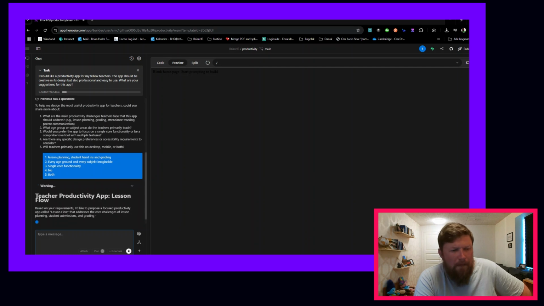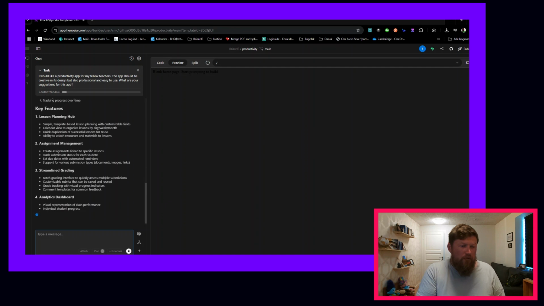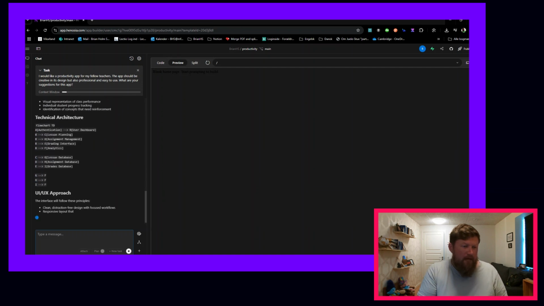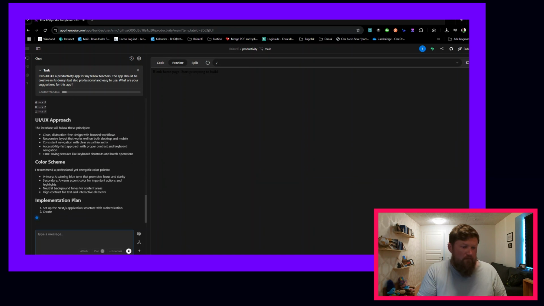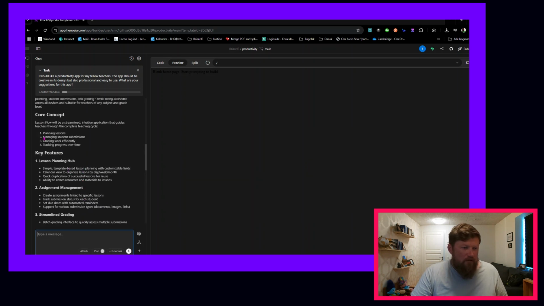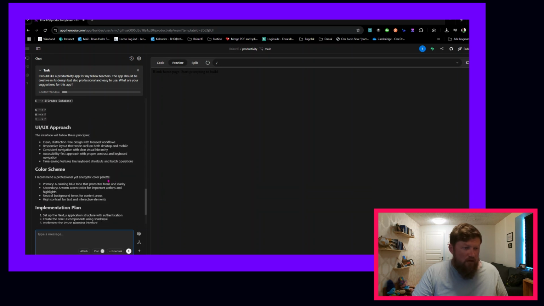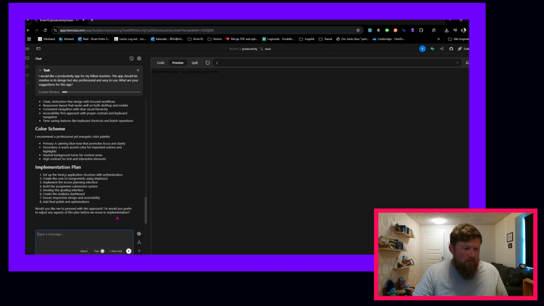What you'll maybe see is now it's telling me what it's going to do, and it's telling me something about key features, the core concept, the key features, technical architecture, UI UX approach, color scheme. And then it says, would you like me to proceed with this approach, or would you prefer to adjust any aspects of this plan before we move to implementation? I can write, just build it,